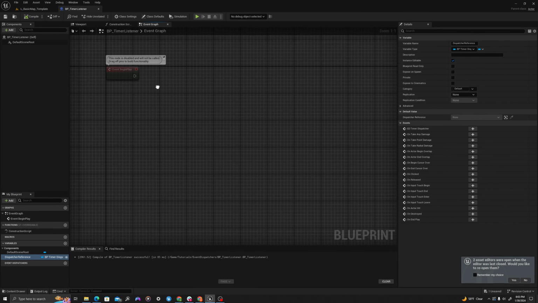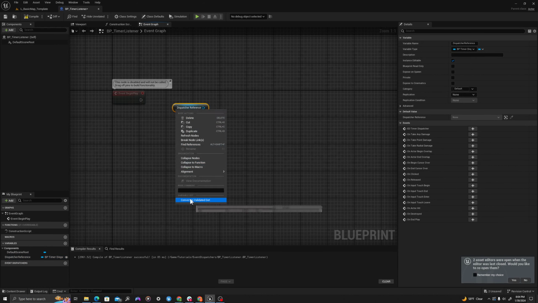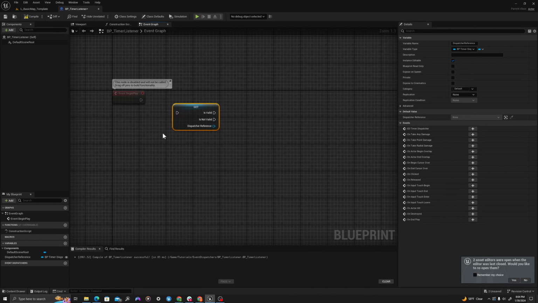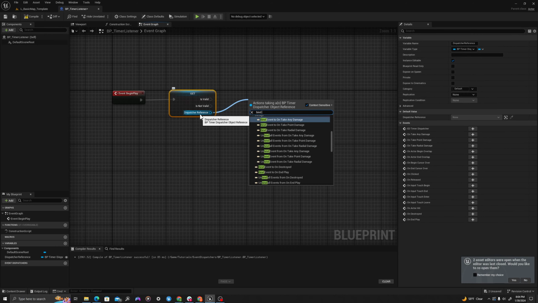I'll compile. And so on begin play, I'm going to drag this onto my graph, and I'm going to say get. I will right click and go all the way to the bottom to convert to validated get. And I will connect this here. And now I'm going to pull off of this, and because I have this class type, I can access all of the information for that blueprint. So I can say bind to,